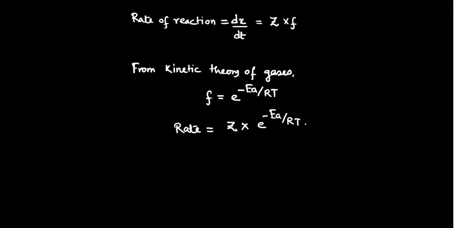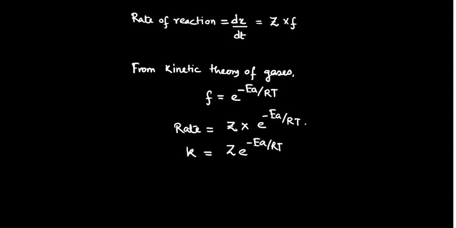Now we already know that rate of a reaction is directly proportional to the rate constant. If the value of the rate constant increases, the rate will automatically increase. So in place of rate, we can write the rate constant K is equal to Z exponential minus EA by RT. Here too we have taken into consideration the energy factor because we have EA here. Now let us consider EA as equal to the threshold energy only, though there is some difference between threshold energy and activation energy.